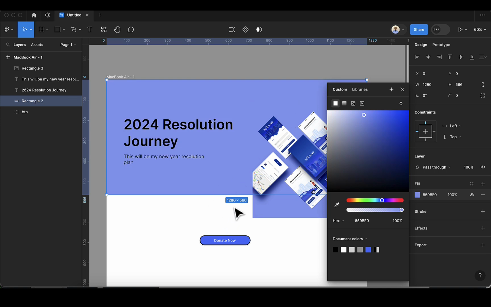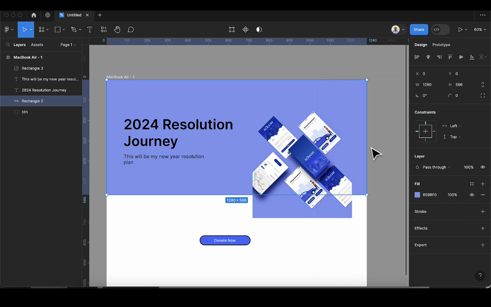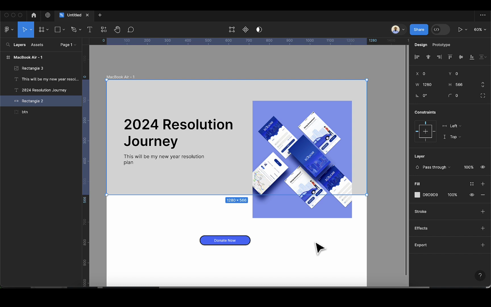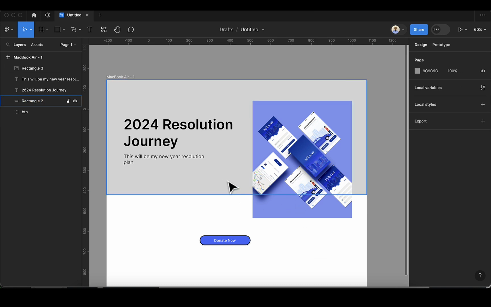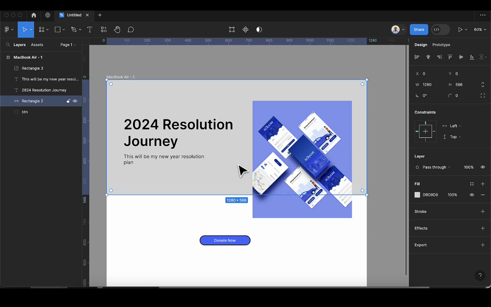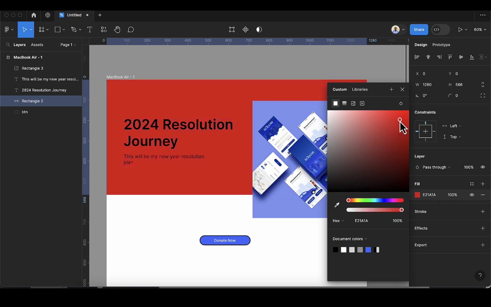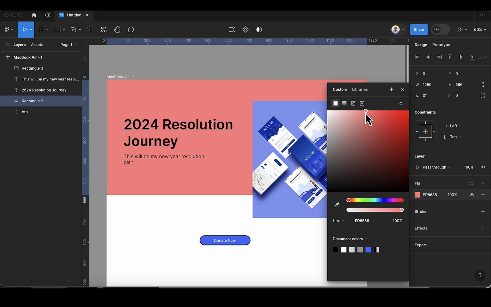So you notice I have that changed. So I'm going to press Ctrl Z to undo that step so that we can retake that step again. We want to change this gray background. I'm going to select the brick background and then click on the fill. So this time, instead of changing the color, playing with that from here, what we need to do is